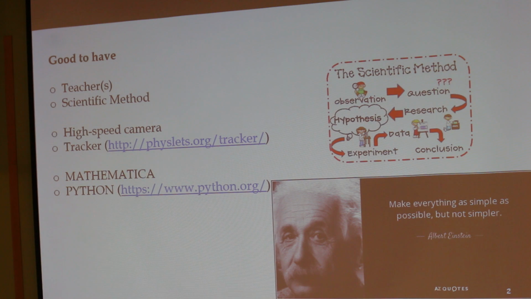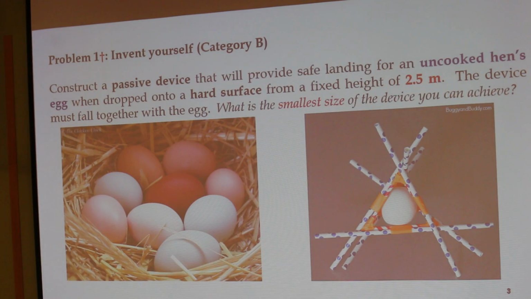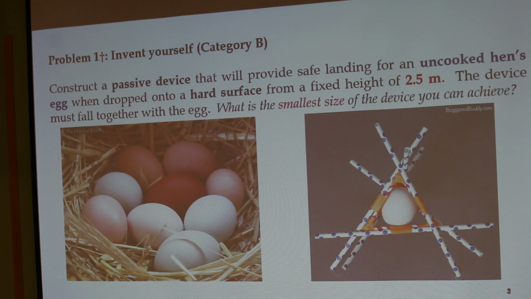You're not going to vomit. So let's look at the first problem. This is a Cat B problem. The statement is: construct a passive device. In other words,